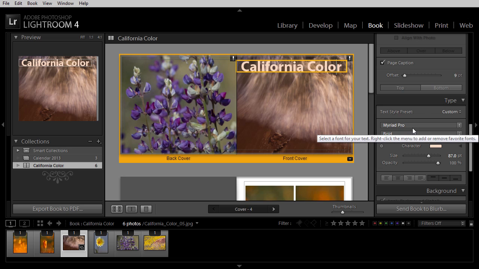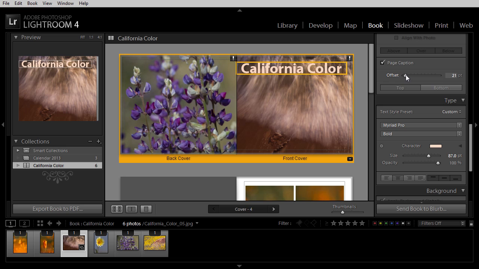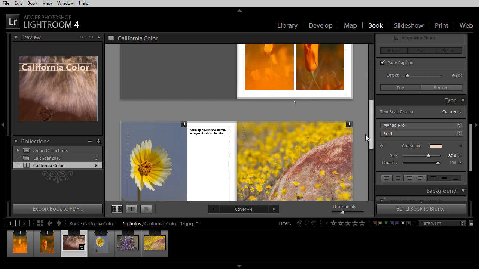I also think I need to move that text down just a little bit. So under page caption, I'll slide that offset slider over to the right just to lower the text. I don't want to go too far where it starts to get into the brighter areas, but I think that will work pretty well. I also want to add another spread into this book, so I'll scroll down, and